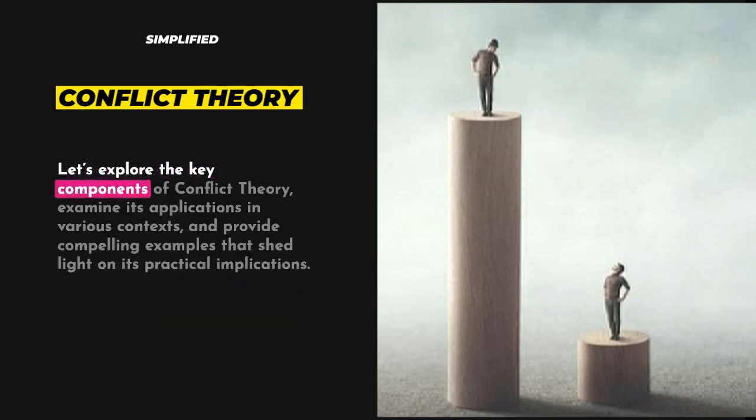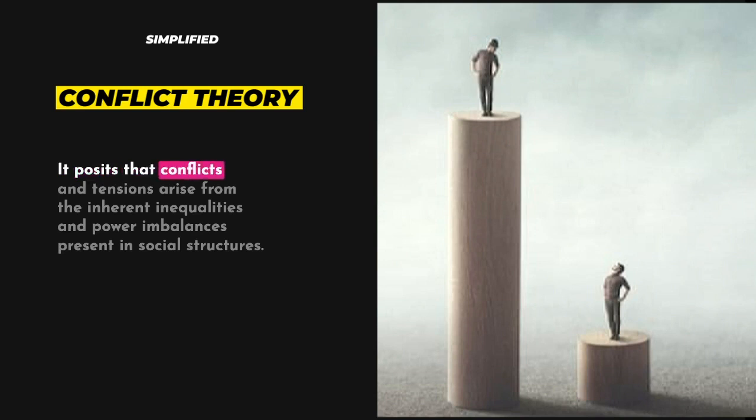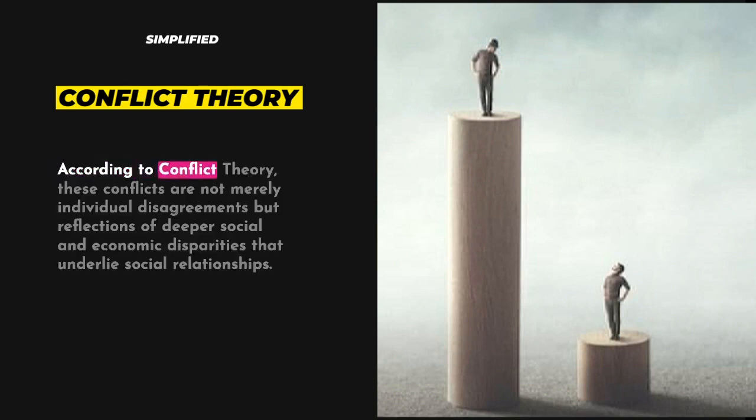Let's explore the key components of conflict theory, examine its applications in various contexts, and provide compelling examples that shed light on its practical implications. At its core, conflict theory views society as a battleground where different groups compete for resources, power, and social influence. It posits that conflicts and tensions arise from the inherent inequalities and power imbalances present in social structures. According to conflict theory, these conflicts are not merely individual disagreements but reflections of deeper social and economic disparities that